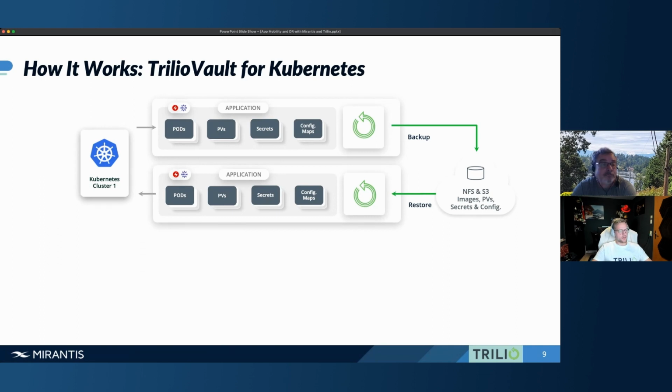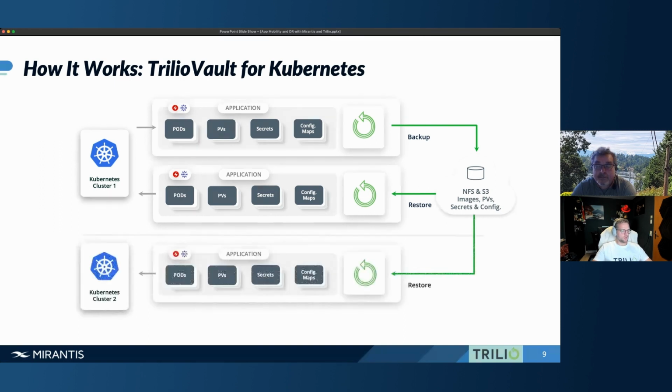So, but now we're coming to the more urgent case. So this cluster is down, it's not reachable, it has been misconfigured, or maybe you are a victim of a hacker attack and you don't trust this cluster anymore. You don't want to use it anymore. What you can do is spin up a new cluster or have a cold standby cluster available somewhere. Have this cluster kind of a from scratch installed cluster somewhere, install Trilio on it, which takes maybe 5 minutes. It's just a one Helm command or